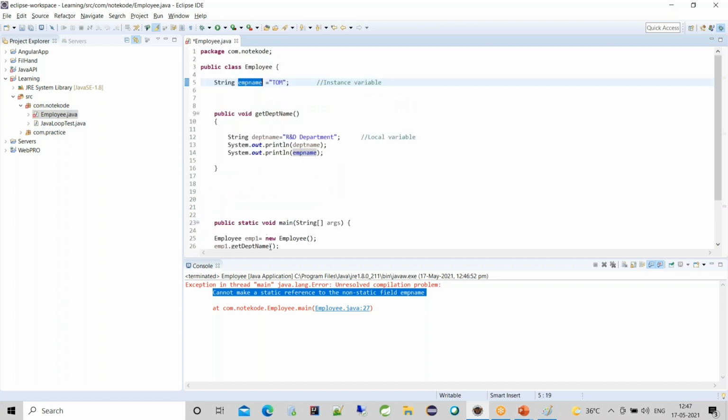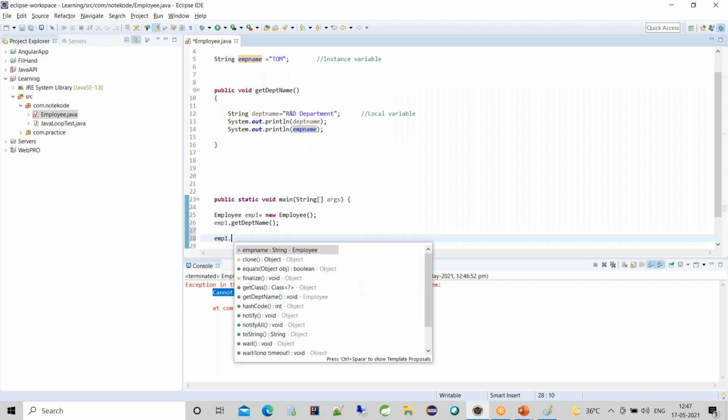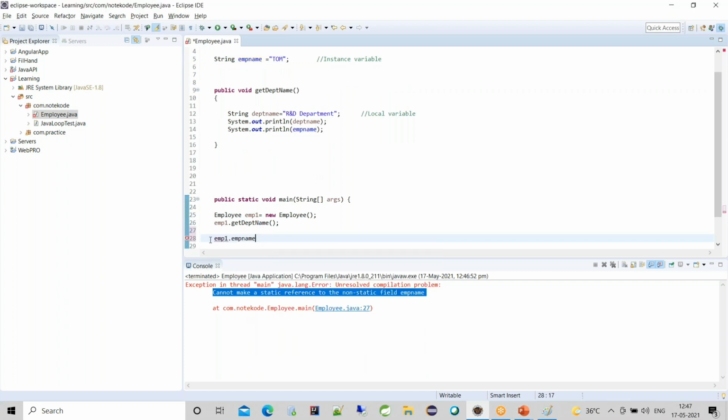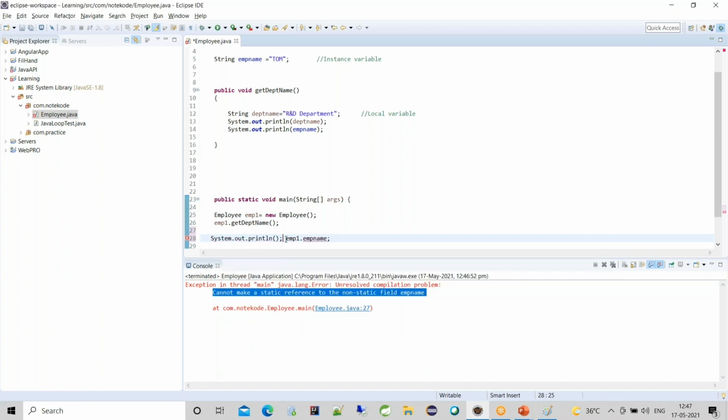I will write emp1 dot employeeName. I can call this, and let's see what it prints.